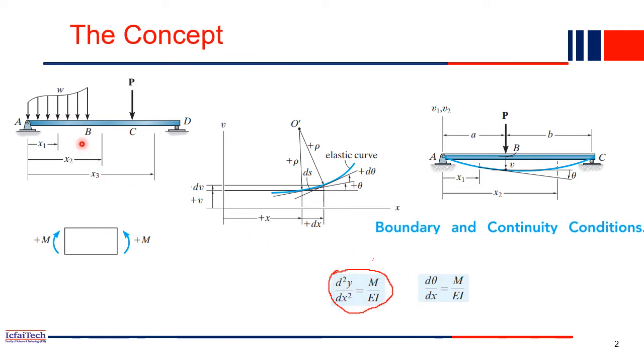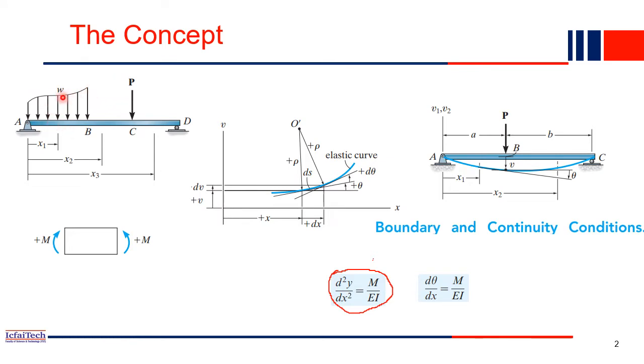So just quickly I'll recapitulate what we discussed. Just consider this is an arbitrary beam, which is a simply supported beam, right? One end is a hinge, another end is a roller, and you have some arbitrary loads acting on it. Maybe some UDL is acting, or maybe some point load may also be acting at different locations, different positions. So you can consider this is any arbitrary beam with some load acting on it.